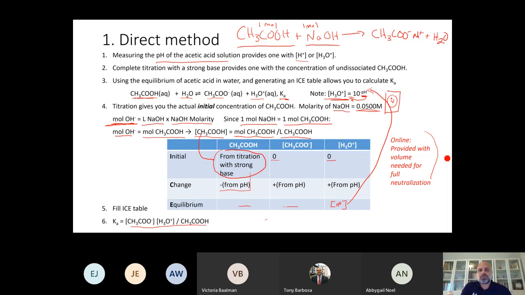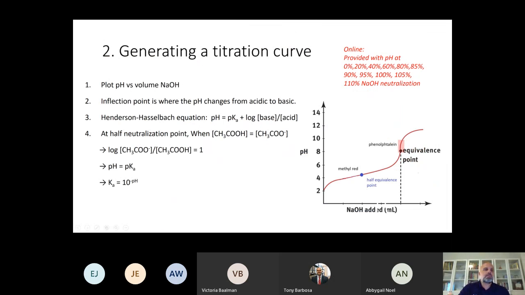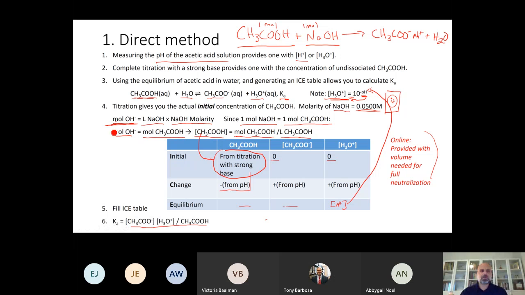So anyway, we'll start with that first, and then the second part that you're going to be working through is generating a titration curve. So unlike the first part where you would have taken a known concentration, let me go back here and just draw what you have. You have your flask here, and in your flask, you have your acetic acid solution, and it's an unknown concentration, and you're dripping in,